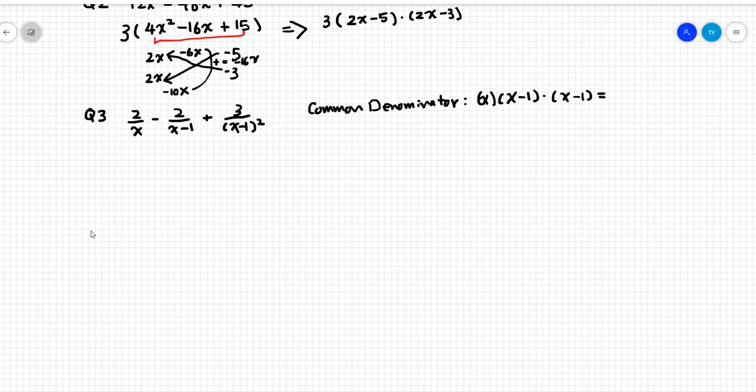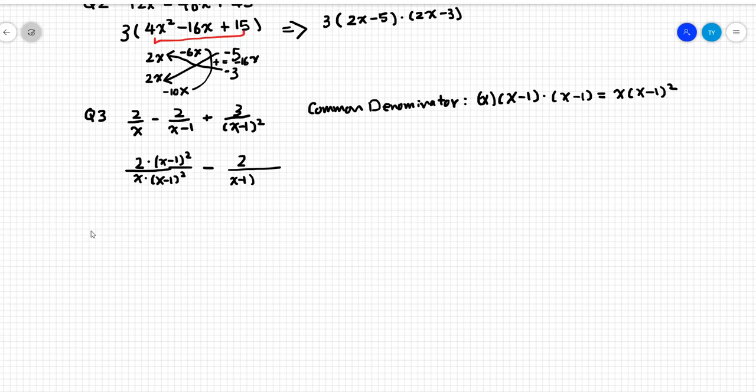But we can rewrite that (x minus 1) times (x minus 1) as (x minus 1) squared. So we're going to have to make the denominator look like x times (x minus 1) squared. So the first term over here, we are missing (x minus 1) squared. So I'm going to multiply that: x times (x minus 1) squared. We're going to do the same thing on top. Okay. Minus. The second term is missing x and x minus 1. So we're going to do that. So 2 over